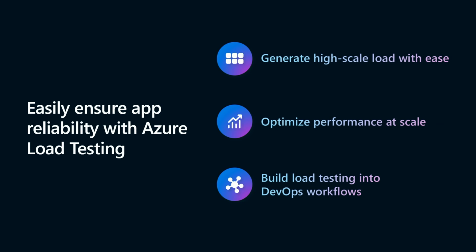Once you have your test scenario set up in the form of a test script or using the portal, the next thing that you would think of is how do you generate the high-scale load that you want to test your application against. So you might be thinking of spinning up some infrastructure, maybe some VMs, orchestrating them, collecting data from them, and making sense of that data. So all of that is taken care of by the service again. The service takes care of spinning up the infrastructure, pulling data from all of these machines, and also creating rich visualizations for you. So all you have to do is analyze and make sense of that data.